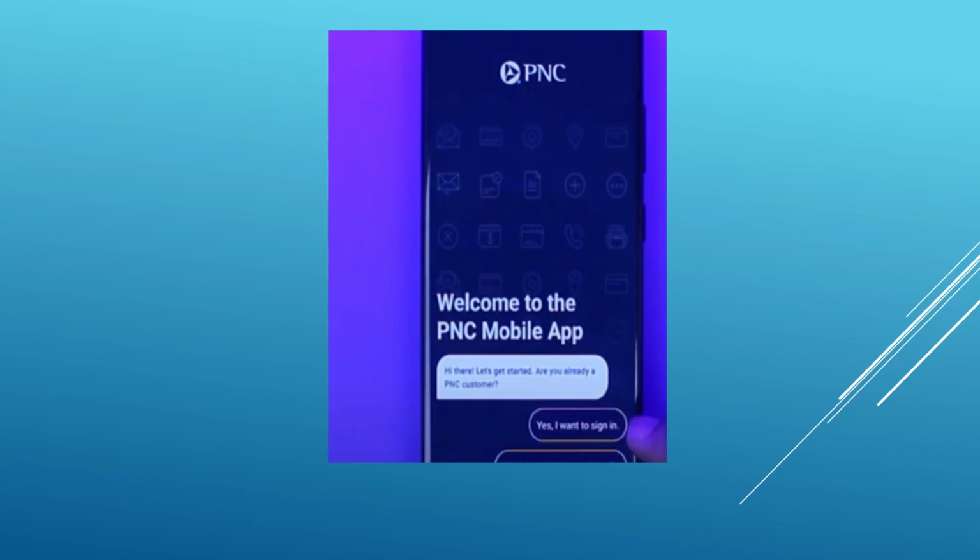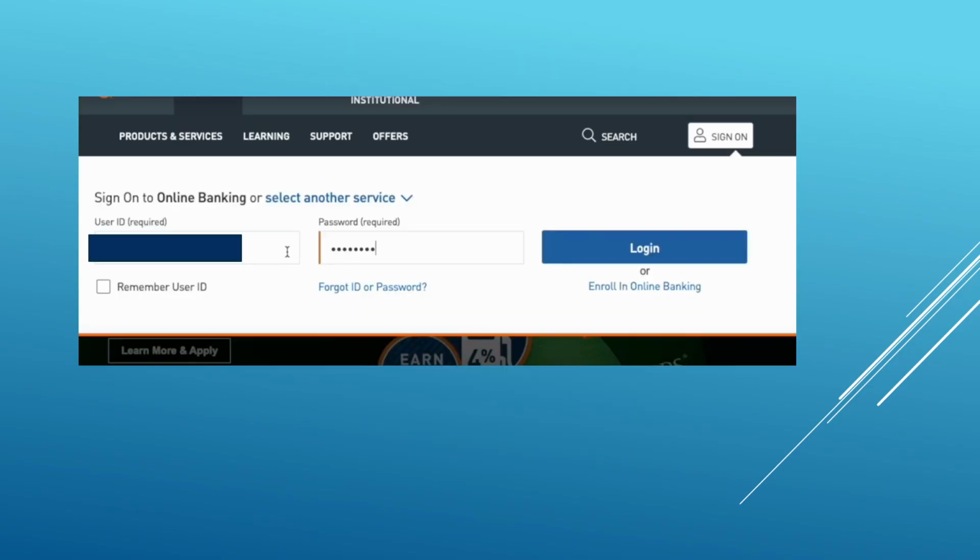For additional security, you'll go through some identity verification steps. Once you've set up your online banking profile, you can return to the login screen to sign in with your new credentials. By following these steps, you'll have the PNC mobile app set up and ready to enhance your mobile